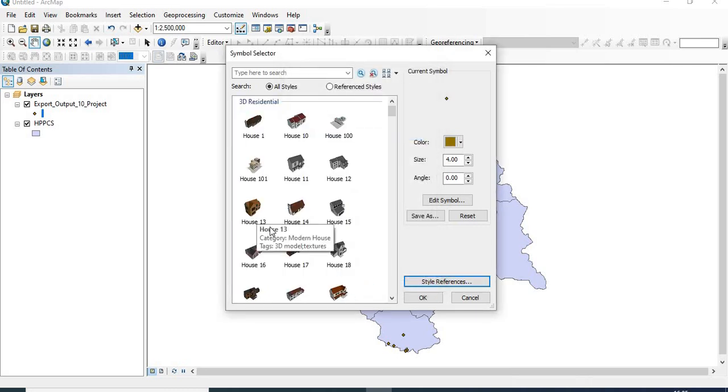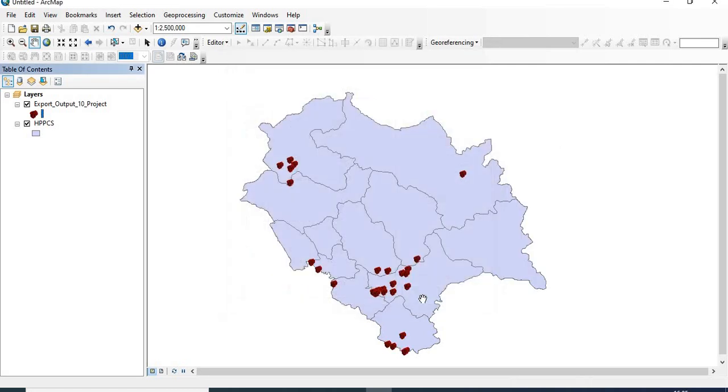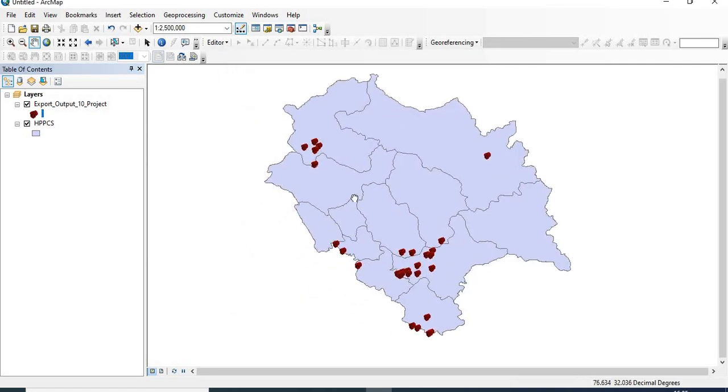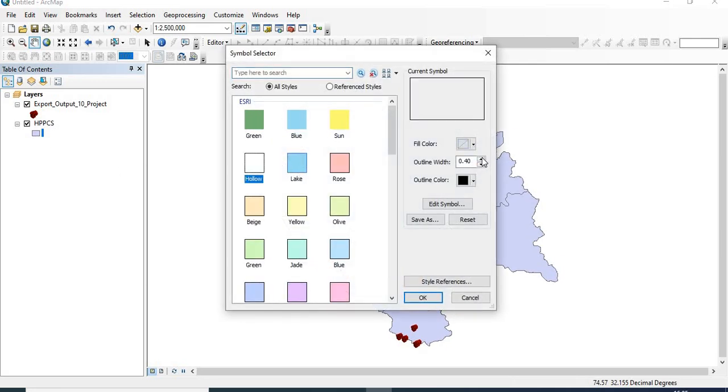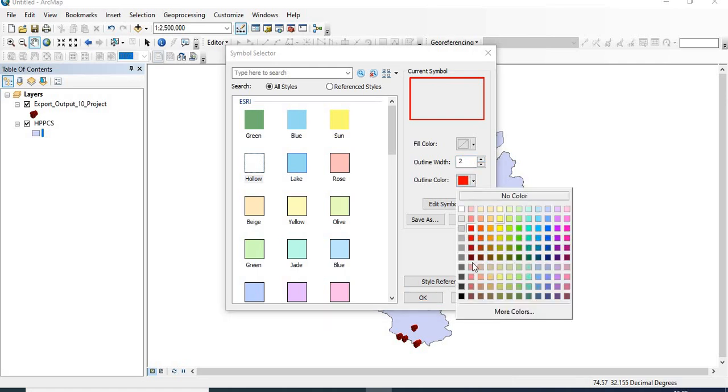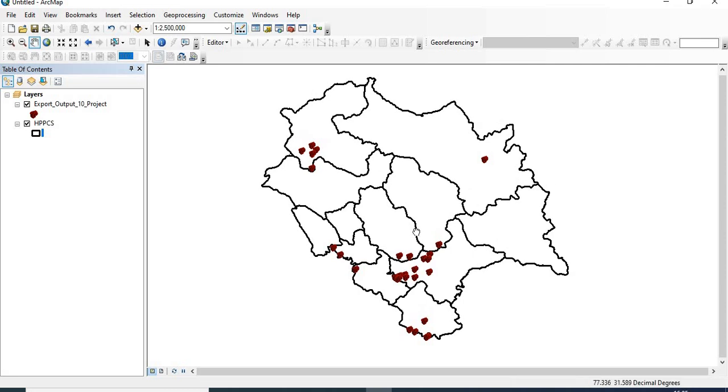For example, this is House 13, and we can increase the size of the symbol, and we can also change the color of the building and click on OK. You can make it hollow. Okay.